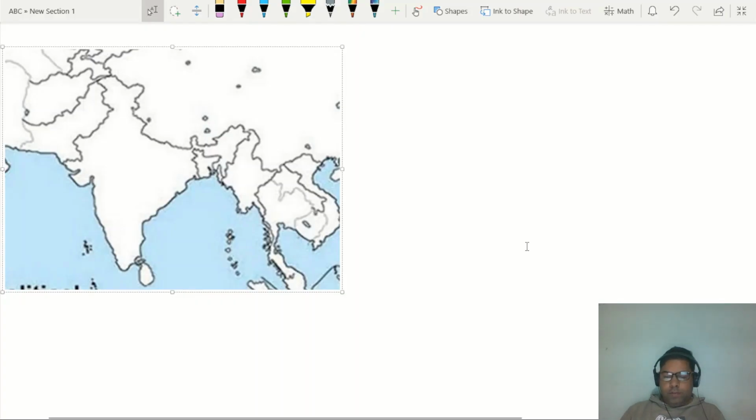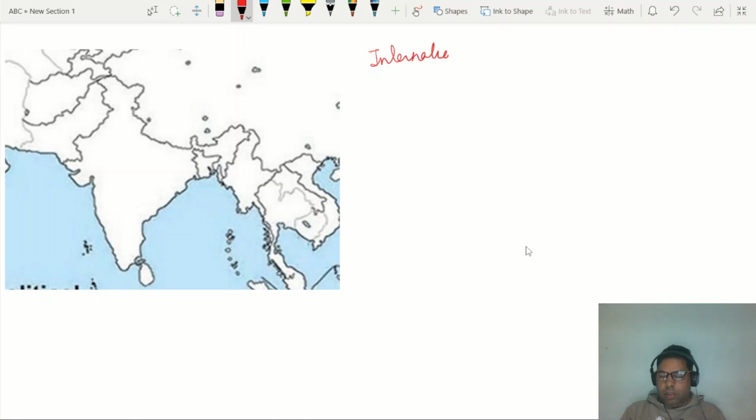So the next session of this part is the political map, where we will discuss again the international borders of India with the neighboring countries. Now let's start with the first one. The first we see is India